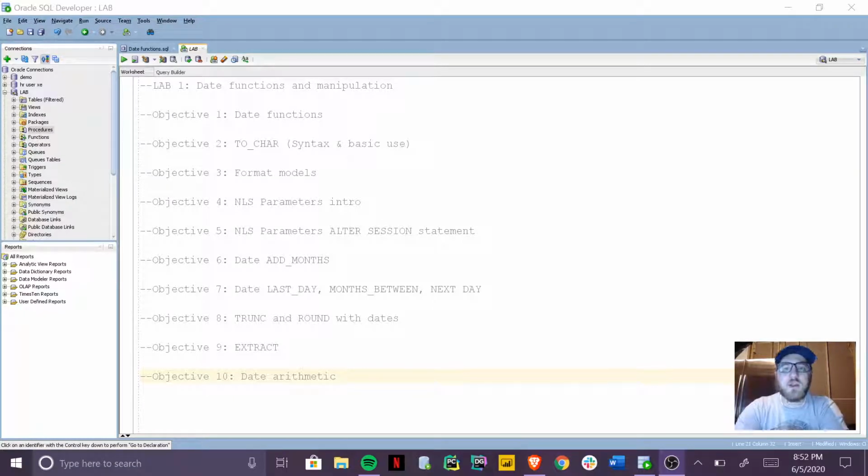Now, before we actually get into the different objectives, I'd like to give a quick introduction to this lab. This lab is dedicated to date functions and manipulating those to achieve a lot of very specific results. Now, we can do a lot with dates, and I think it's really important to recognize that this lab is not comprehensive. The intent of this lab is to help inspire you to understand the types of questions you should